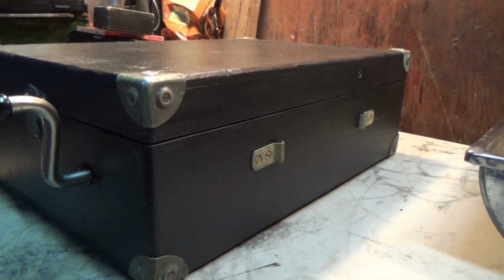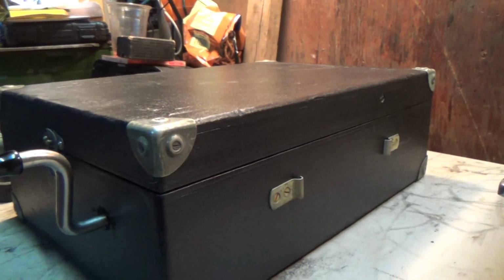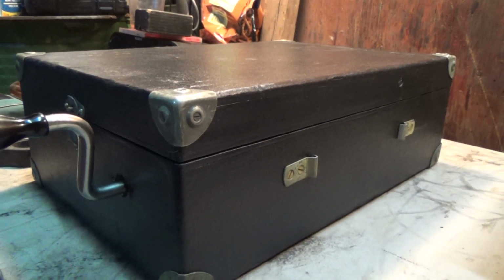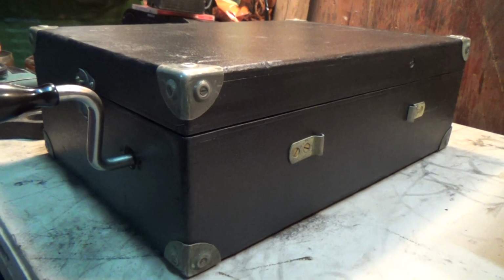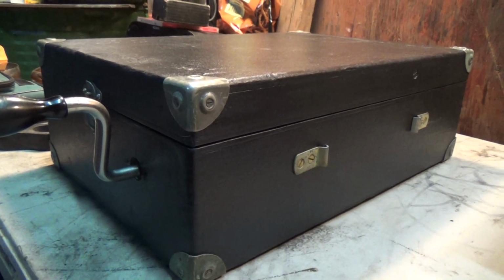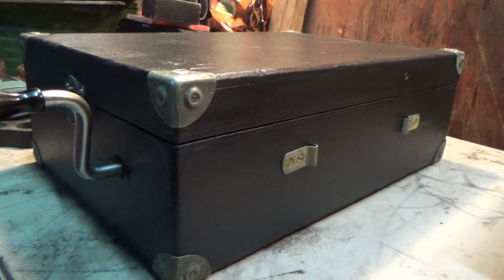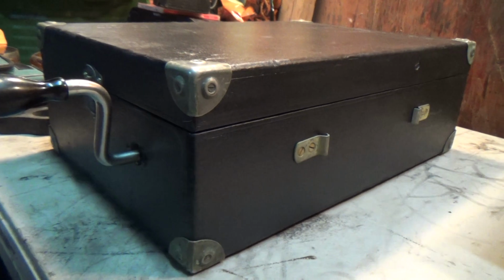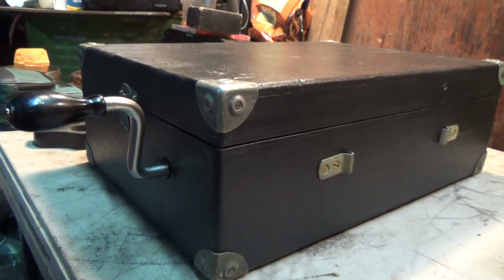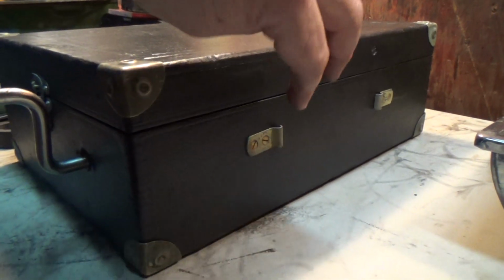The HMV portables before this are big, kind of blocky wooden affairs. While they were, in theory, portable, they were kind of a chore to carry around. This was much easier, much lighter, and it had an excellent sound. And from this would grow the 101, which used the same case you see here. The earliest 101s do have a front crank, just like this does, until it moves to the side, over here,